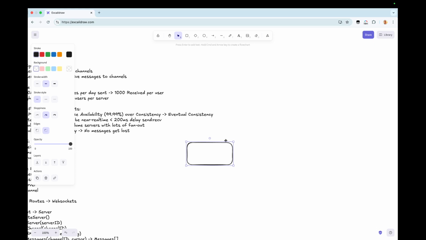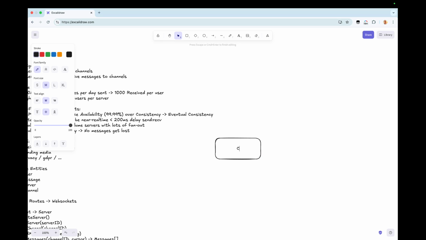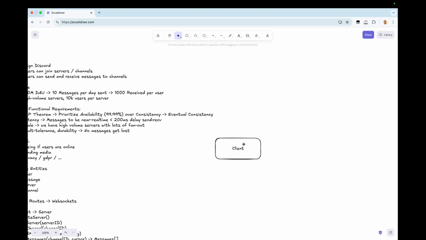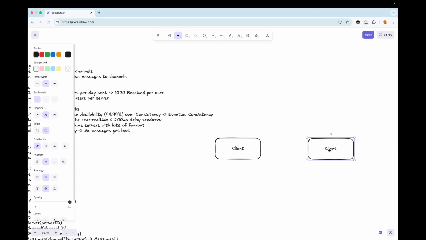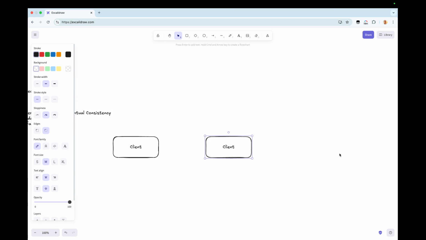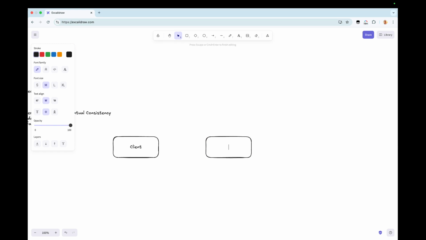So first of all, we're going to have a client. And we're going to be using WebSockets here. So I'm going to have a service here.